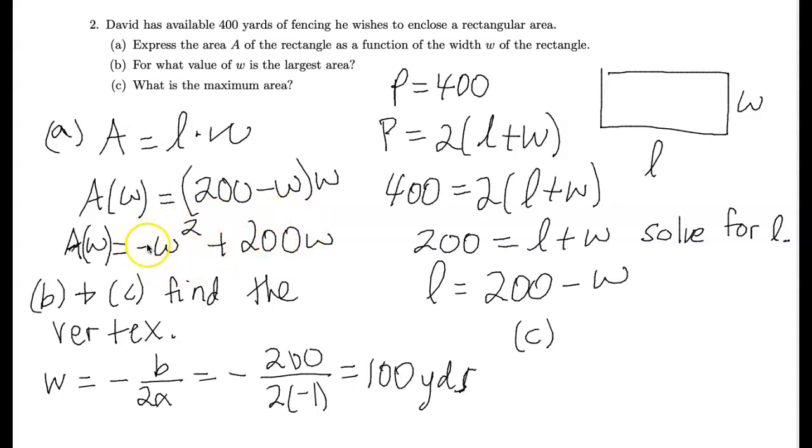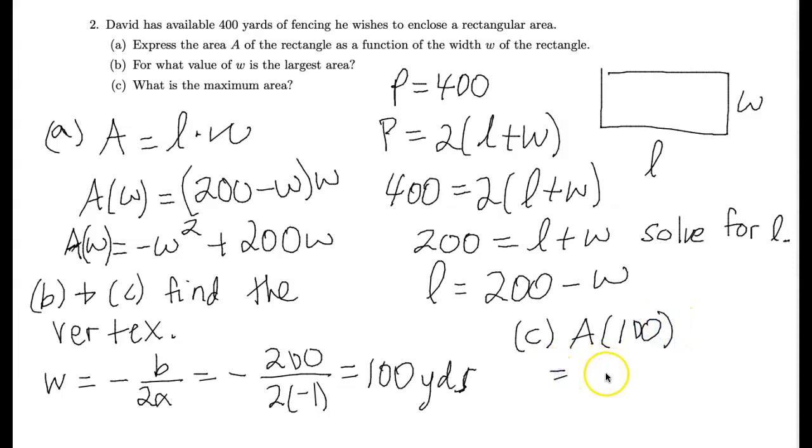I don't necessarily like this one too much because it's a little bit more cumbersome to do the work. So always play with your equations and use the one that's a little bit easier to evaluate. So essentially, we're going to have A of 100